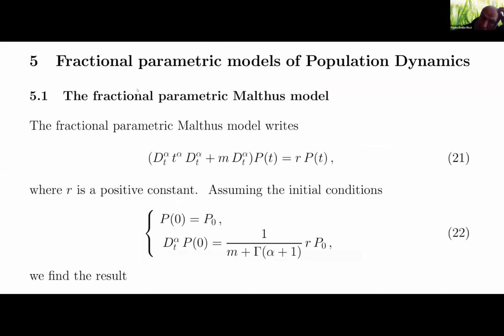generalized classical linear dynamical system, in which instead of the ordinary derivative, we put the fractional parametric Laguerre-type derivative, this operator here. In the Malthus model classical, we have only the derivative here, and we have the solution like an exponential. And in this case,